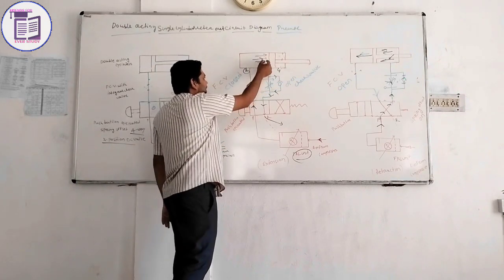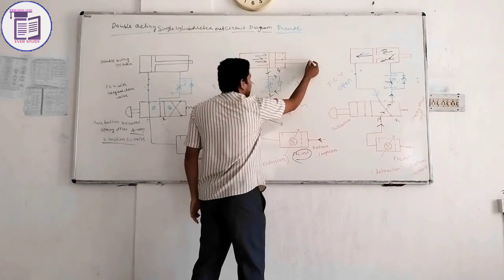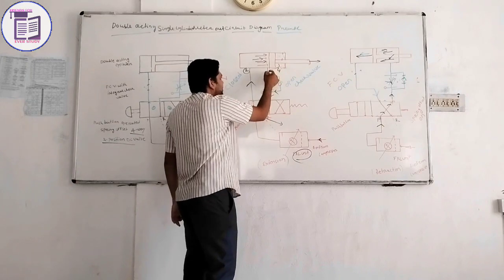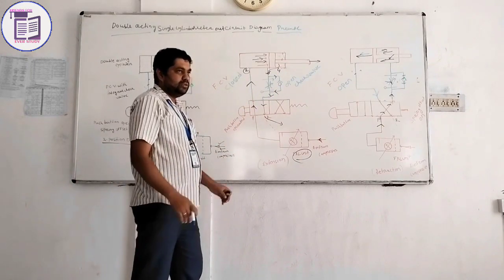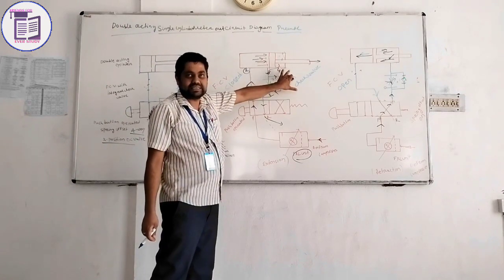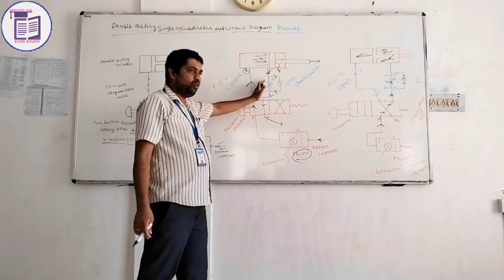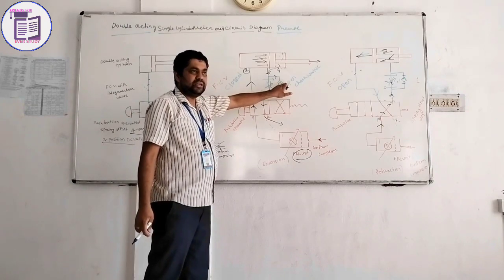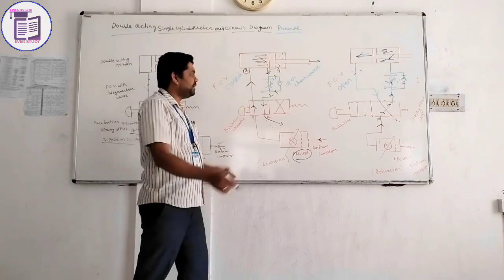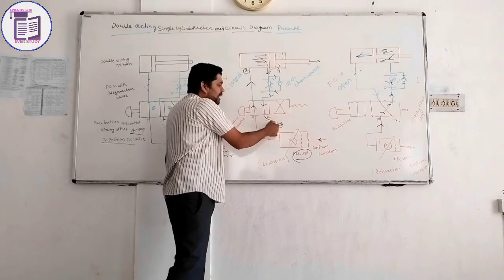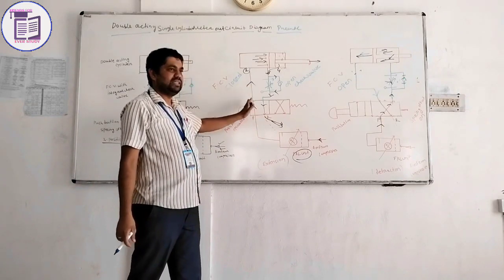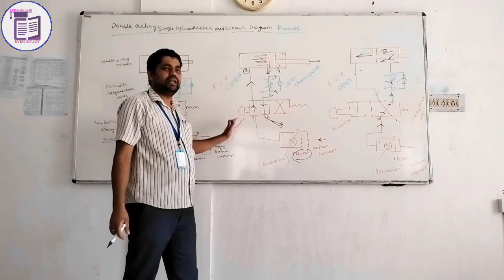So air is inlet here, then extension of your piston occurs, and here the air is passed through this flow control valve. Here are 2 sections, one is your flow control valve section and one is your check valve section. Here the flow control valve is closed and the check valve is opened. That air goes through this check valve and passes to the atmosphere or your reservoir. This is the basic function when your push button is on, at the first position.